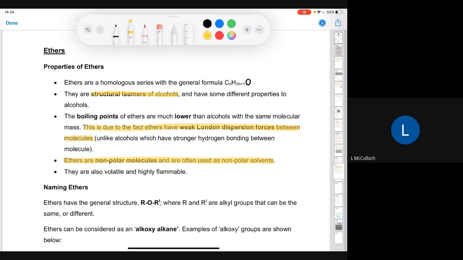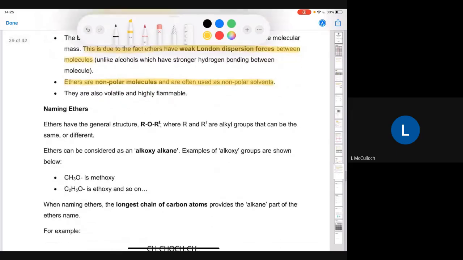Okay. Ethers, I would say, are one of your most common non-polar solvents that will come up as part of Advanced Higher for a couple of reasons. They're a lot easier to work with than other non-polar solvents like hexane and cyclopentane and things like that, because usually those chemicals are really pretty dangerous and can be carcinogenic, whereas ethers generally are a wee bit safer to work with in a lab setting. So we'll start by looking at naming ethers, and then we'll look at how this links into the